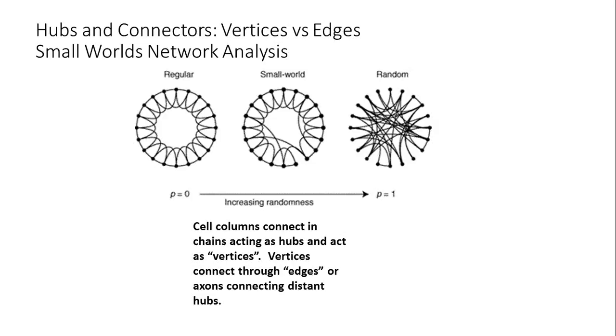In a regular setup where every location is connected to every location, as if Atlanta was connected to every city in the world, you would have very complex, bulky traffic to manage. It'd be overwhelming. And if it was occurring in the human brain, you'd have to have a brain 3 or 4 times the size, which would be very difficult to carry around. In random connections, there are flight paths to some cities, but not to others, and you might get stranded or not get to where you want to go. If you were carrying a message, you could end up not getting that message there.